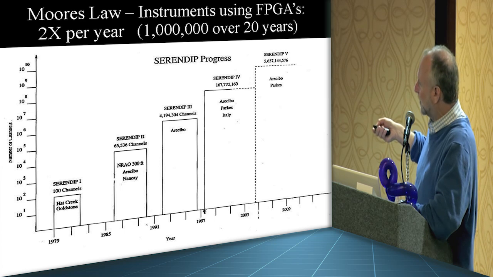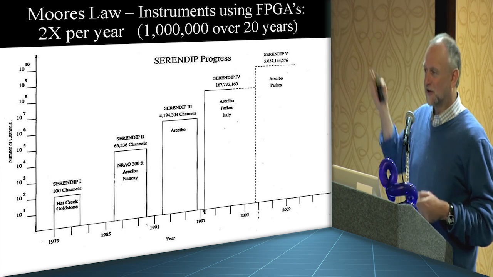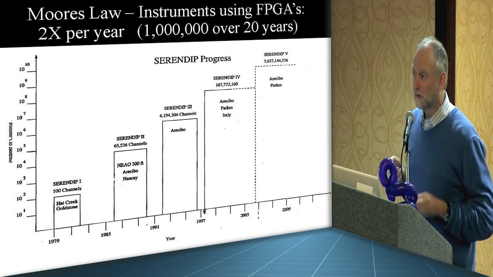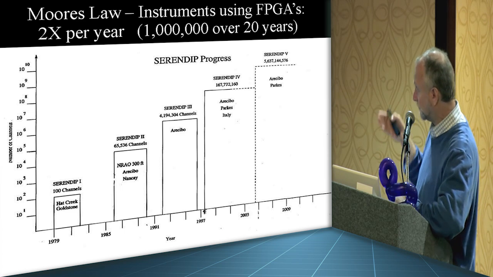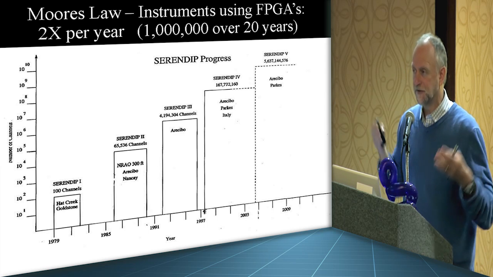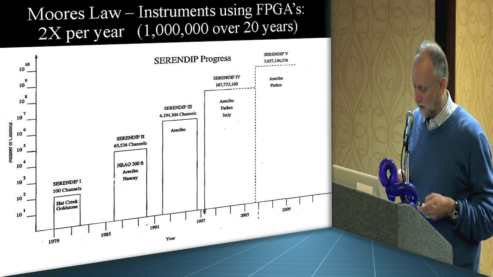And then we went to 65,000, then 4 million, and now we're up to 5 billion channels. And that's not because I got any smarter, it's because people like you figured out how to do computing and networking better. That's really encouraging if that trend continues. I think right now, we'd be really lucky to find these signals if they're out there. We're just learning how to do this. We're just scratching the surface.